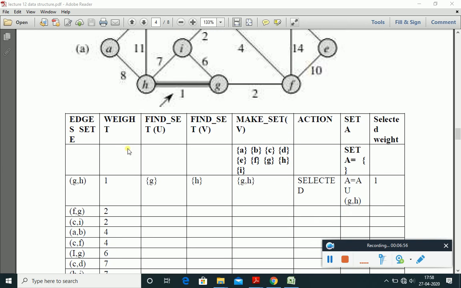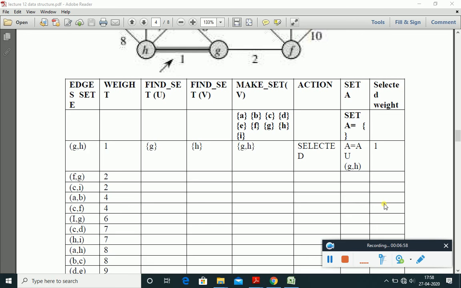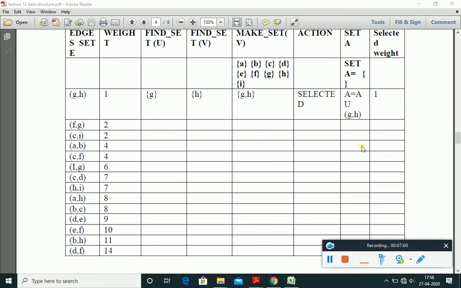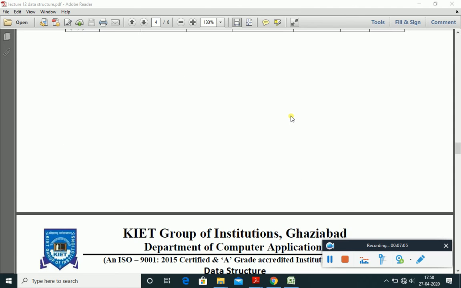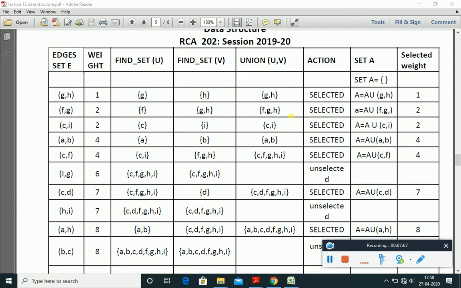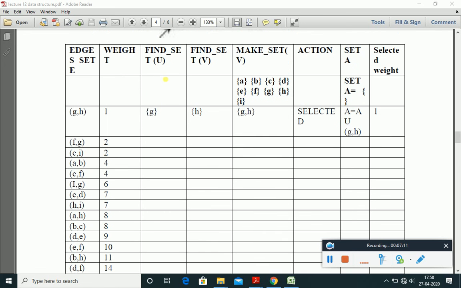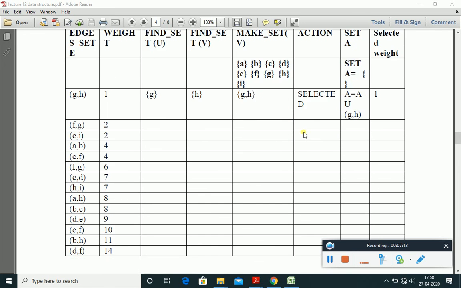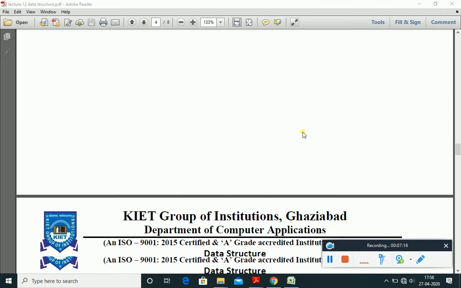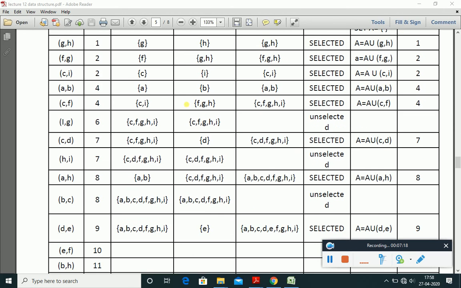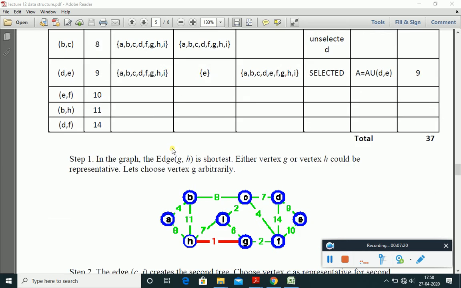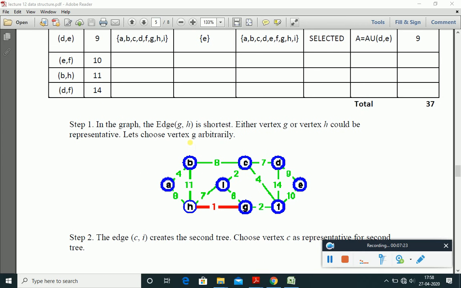So this is a table by which you can also do that. But right now we are not considering this table. If you want to do that, I will explain it in another video. There is a way to calculate the minimum spanning tree by the Kruskal algorithm, and that was the empty one, and here we have filled that. But I will show you an easier method. Just have a look at this graph. It is the same as the previous one.